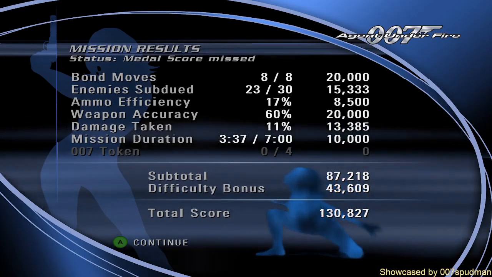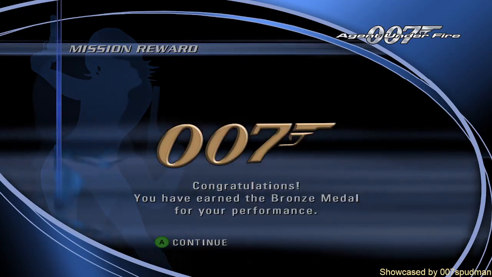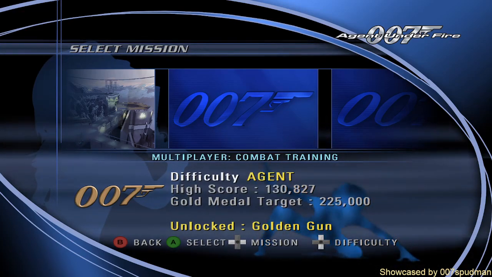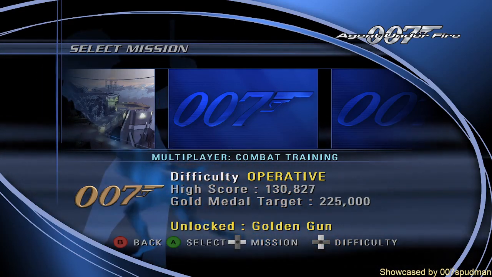There's medal score missed. What the fuck does that mean? I've never seen that before. I've got a bronze medal. Okay. So now I've got a bronze medal. Now it's saying I've got a bronze medal on this level, nothing else happens. Okay. So, does this...